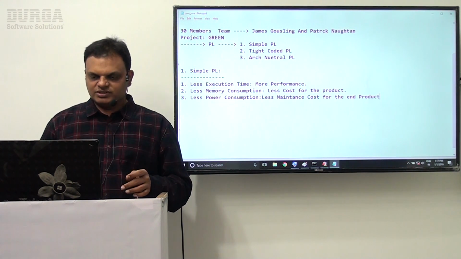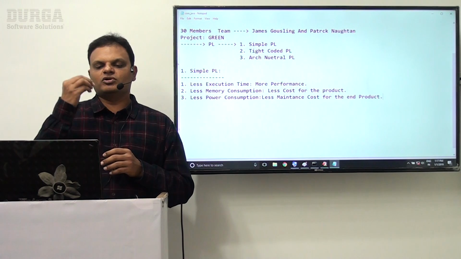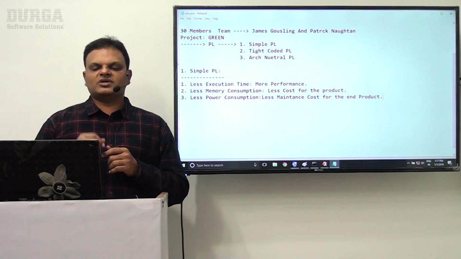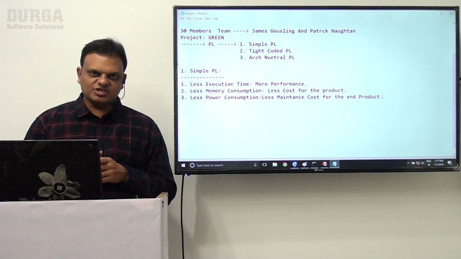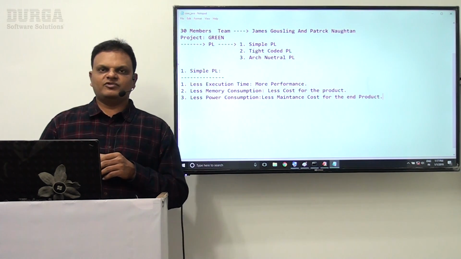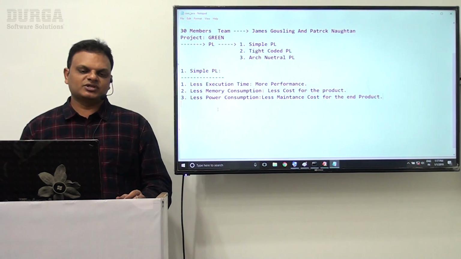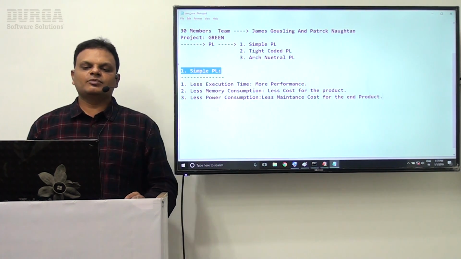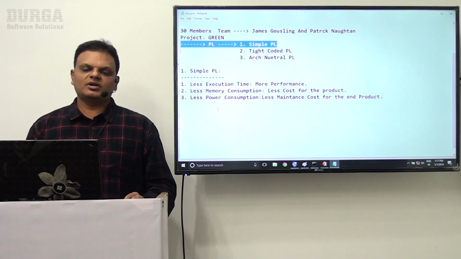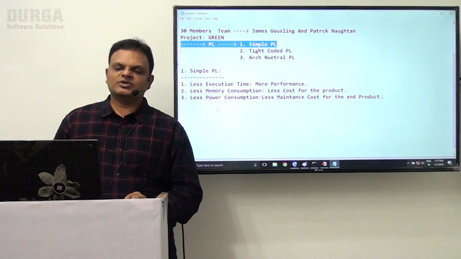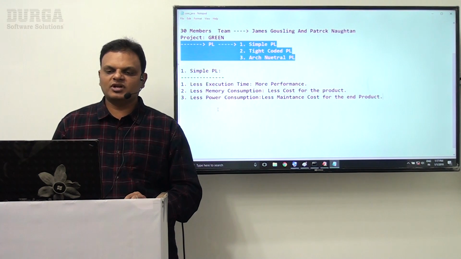Because of this reason, Sun Microsystems wants to prepare a new programming language that takes less power consumption. So these are the 3 qualities that Sun Microsystems wants to see as part of the simple nature of their new programming language. Guys, understand it once again. What exactly is the meaning of a simple programming language? Before that, Sun Microsystems wants to prepare a new programming language that must be a simple, type-safe, and architecture neutral programming language.